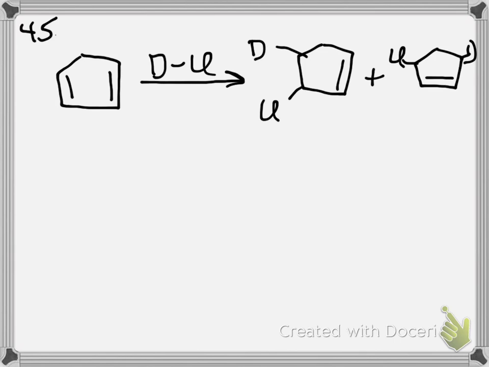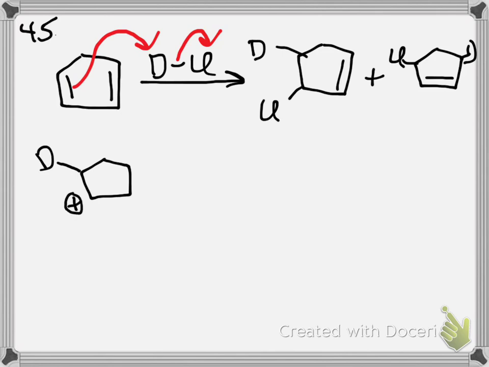So the first step of the mechanism would be to have the pi electrons forming a bond to the deuterium and the electrons in the deuterium-chlorine bond ending up as a lone pair on the chlorine. So there are two possible carbocation intermediates that can be formed from this first step. The deuterium can bond to that carbon, which should place a positive charge on the carbon that doesn't do the bonding,